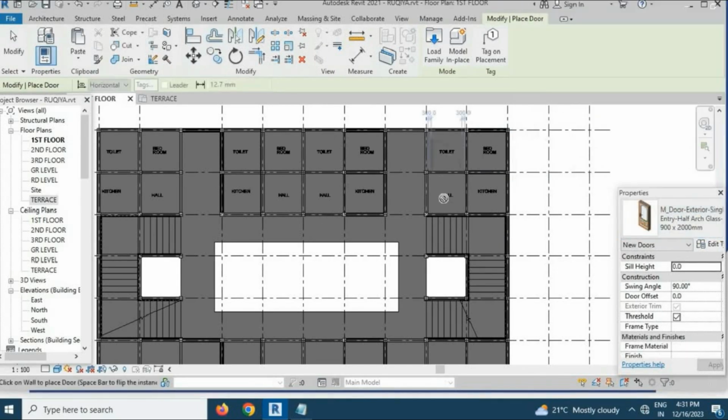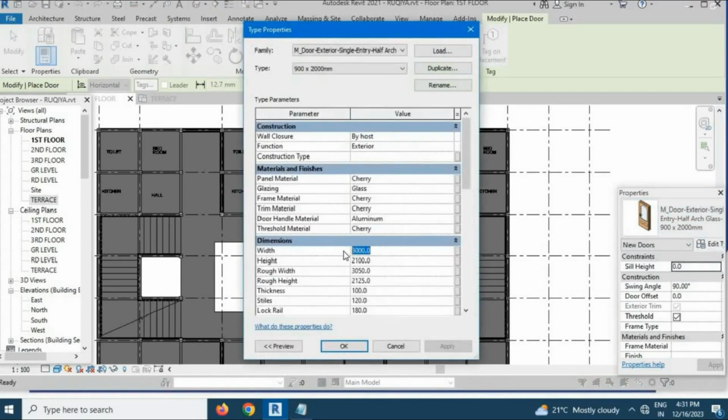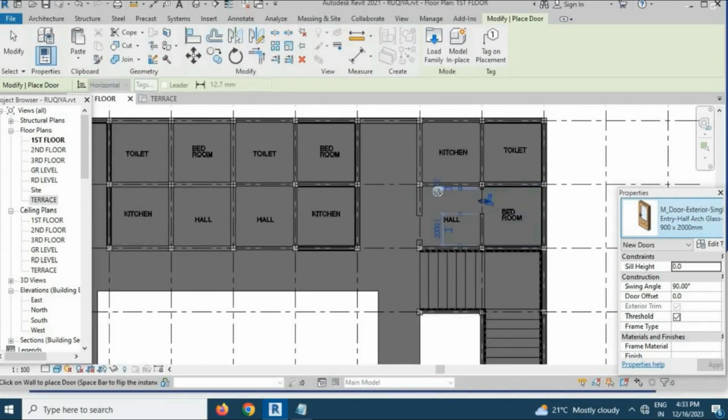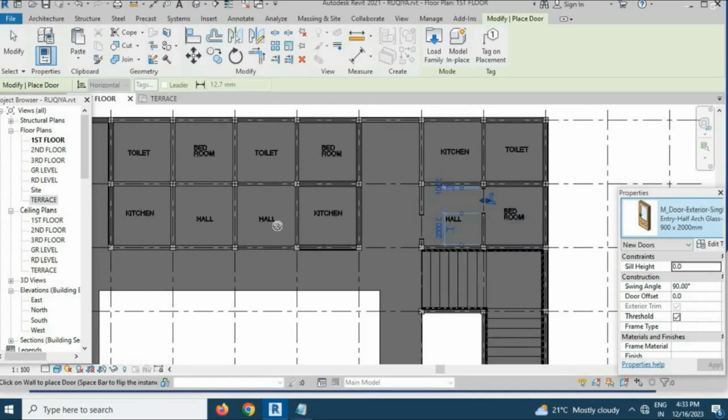Now I have an idea of applying doors by looking at this. So I am providing doors here. And I am not providing a door between hall and kitchen, as I have decided to give an arch there for the kitchen, as it is going to be an open kitchen. So let's see how to create an arch